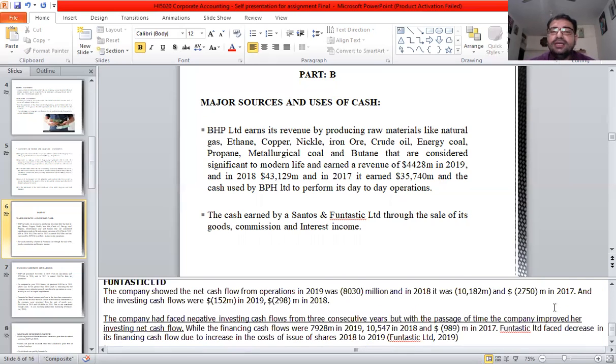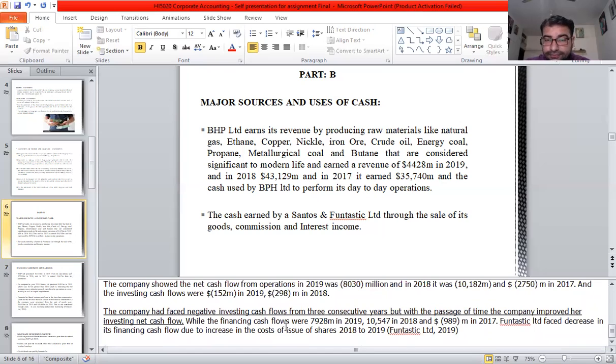Fantastic Limited, the company showed the net cash flow from operations in 2019 as 8,030 million. In 2018, 10,182 million, and 2,750 million in 2017. The investing cash flows were 152 million in 2019, 298 in 2018. The company had faced negative investing cash flows for 3 consecutive years. However, with the passage of time, the company improved their investing net cash flow, while the financing cash flow were